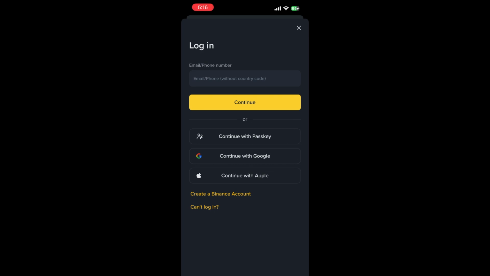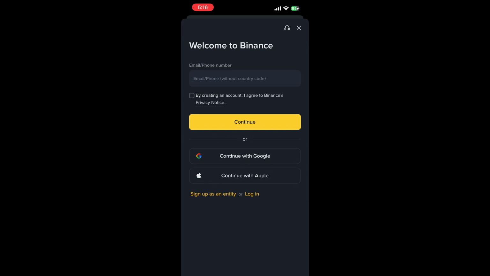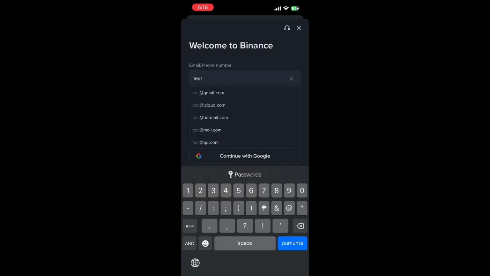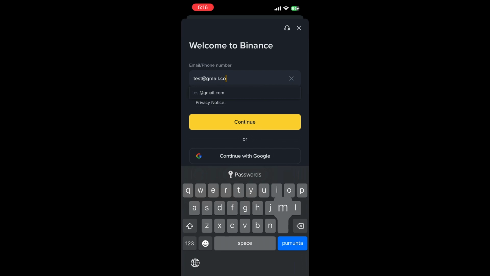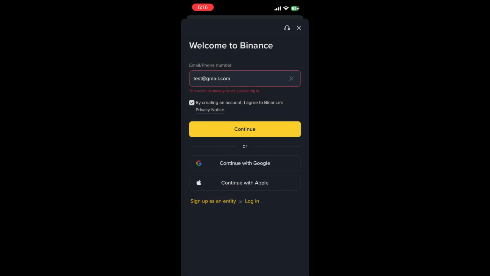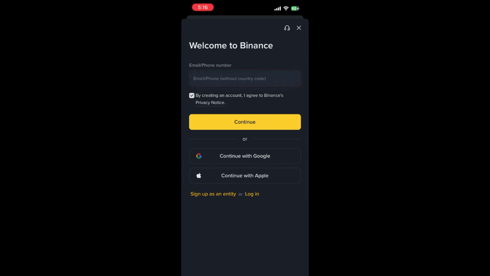Enter your details, create a strong password, and agree to the terms if you want to continue. After that, Binance may send you a verification code by email or SMS. Enter the code on the screen to confirm your registration. Once your Binance account is created, Binance automatically gives you access to different wallet sections inside your account. These may include Spot Wallet, Funding Wallet, Earn Wallet, and other wallet types depending on the services available in your